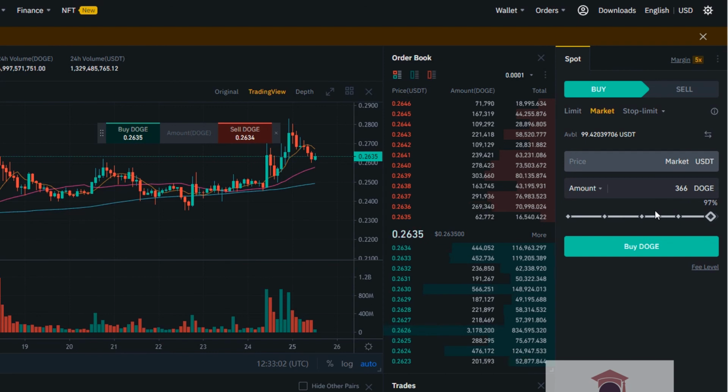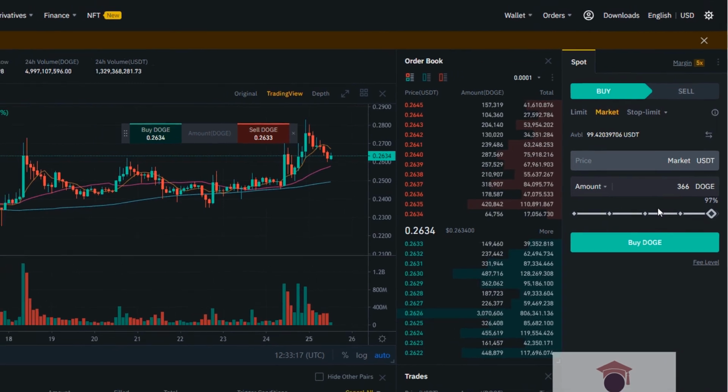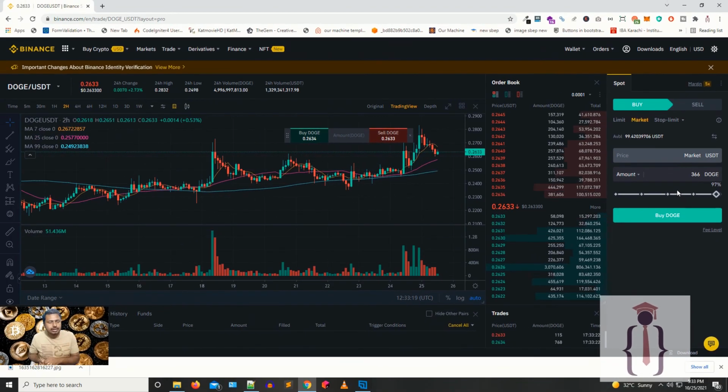Because you have some amount in the form of Tether. Let's suppose you have 300 Tether and you choose to buy Dogecoin with 100%. That means you are spending 300 USDT to buy Dogecoin. Okay guys, in this way you can purchase or convert any cryptocurrency.